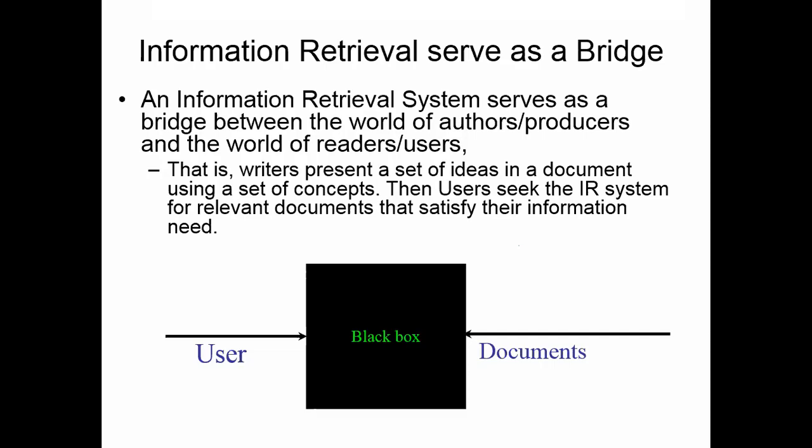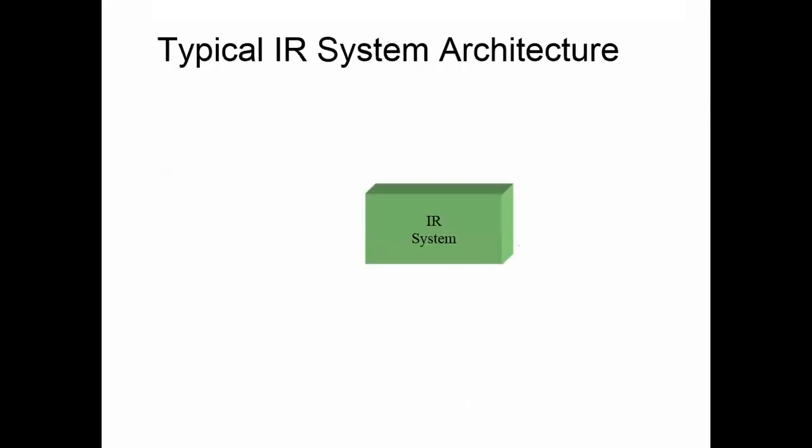There are many similarity and dissimilarity measurements that try to see to what extent a given document is similar to or related with a given user's query. We can say the document is relevant for a given information need if it registers the highest similarity with the user's query. So our major aim in this course is looking at how we can design the black box that can bridge the gap between the reader's world and the author's world.